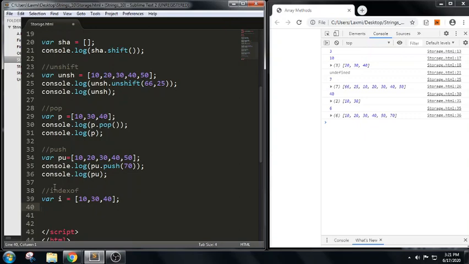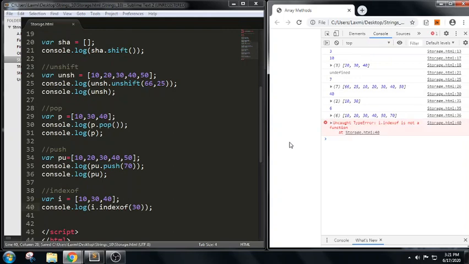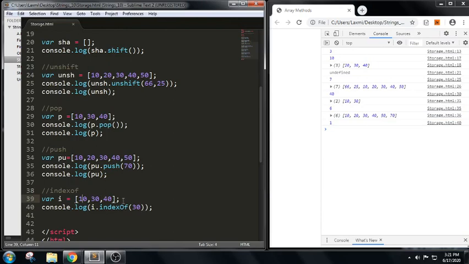Now if I want to check the index of it, for example, I dot indexOf, I am trying to check the index of 30. I dot indexof is not a function, sorry, it is caps. Now we will get, yes, it is 1, in the sense 0 and 1.